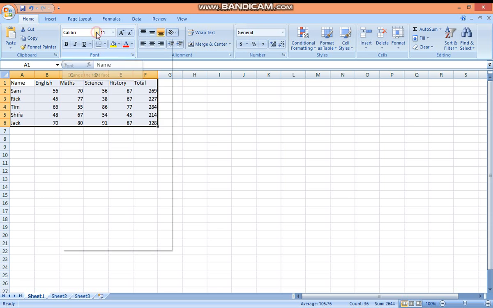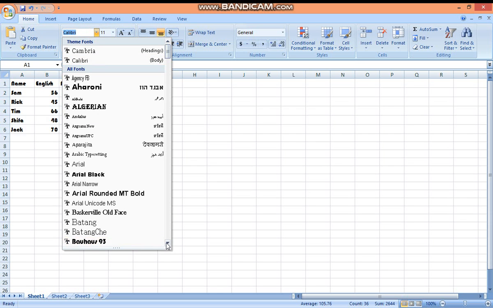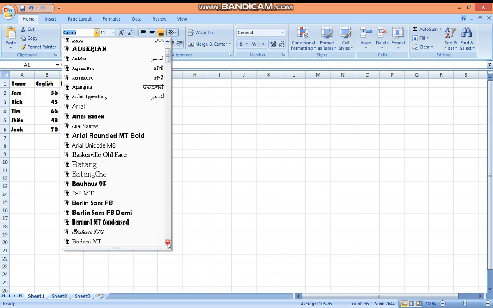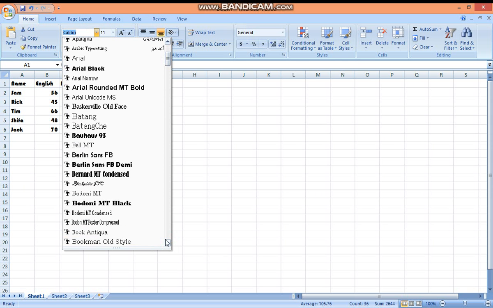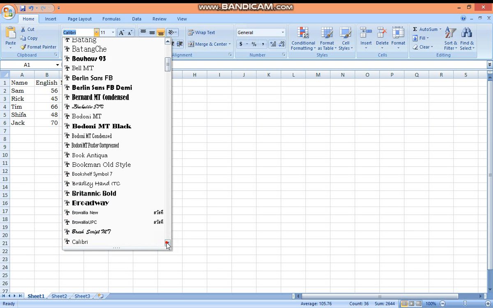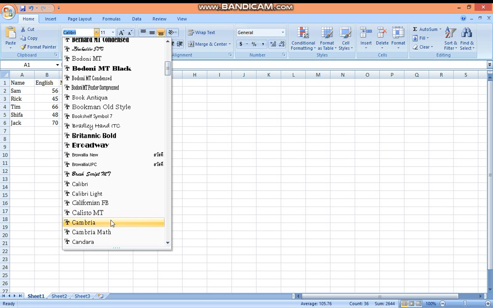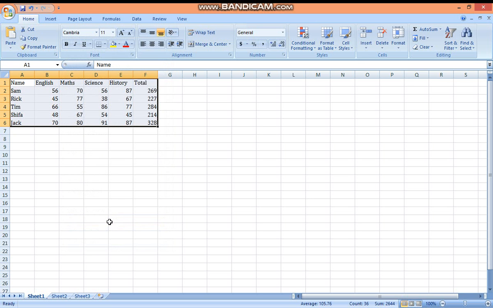First, you can change the writing of your table. There are different styles of writing here. I'll take Calibri.